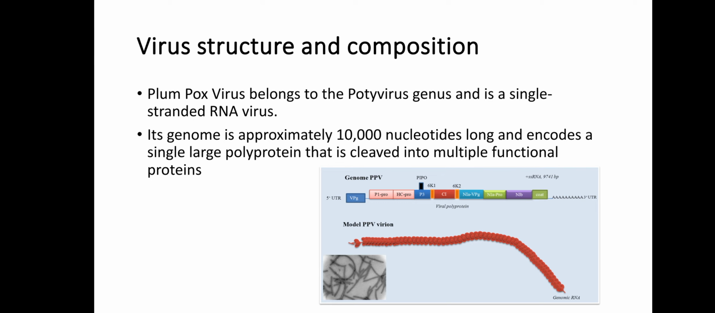Virus structure and composition. Plum pox virus belongs to the potyvirus genus and is a single stranded RNA virus. Its genome is approximately 10,000 nucleotides long and encodes a single large polyprotein that is cleaved into multiple functional proteins. The structure of the virus has been